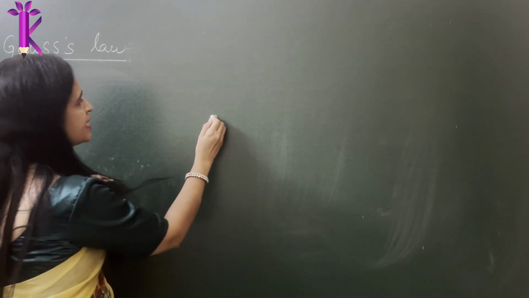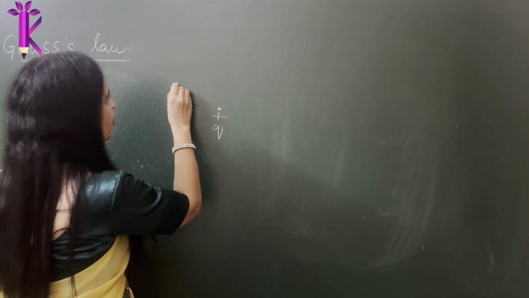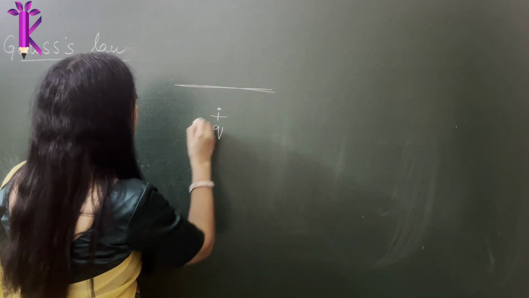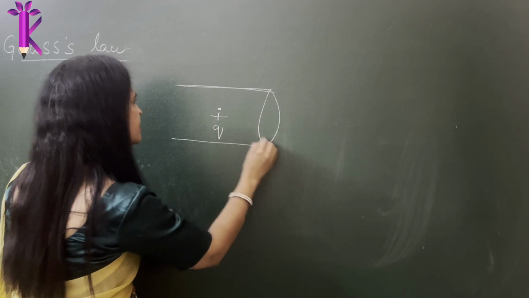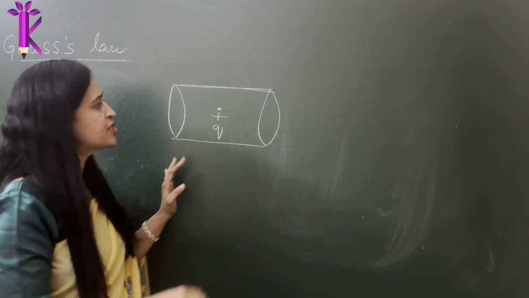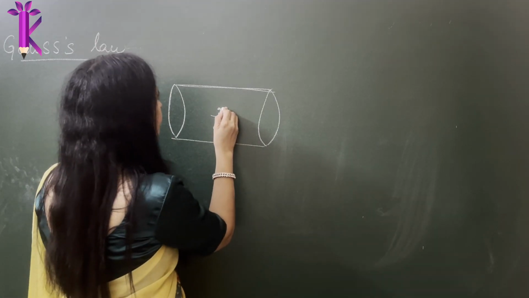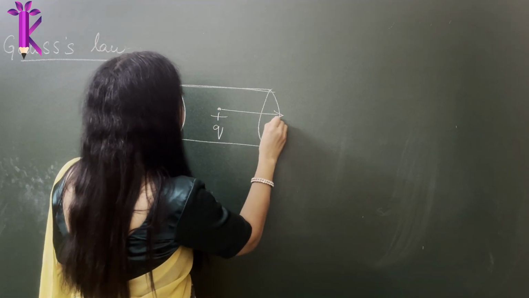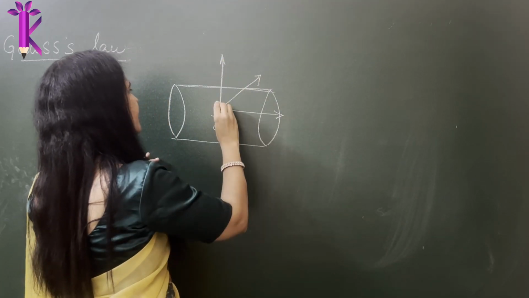So suppose the same charge was assumed, and I assume a cylinder, because a cylinder also has some symmetry, right? It's basically a rectangular shape with two circles at the ends. Now if I imagined the charge to be enclosed in such a thing, what will happen? Let's first write the lines of force.